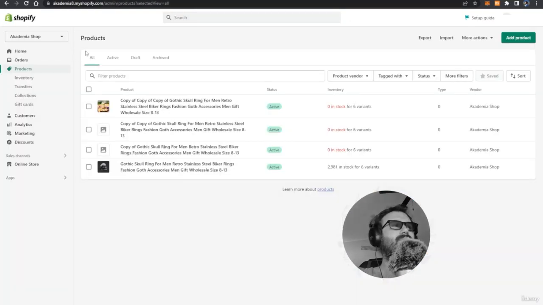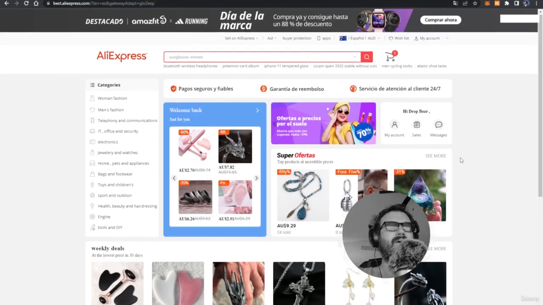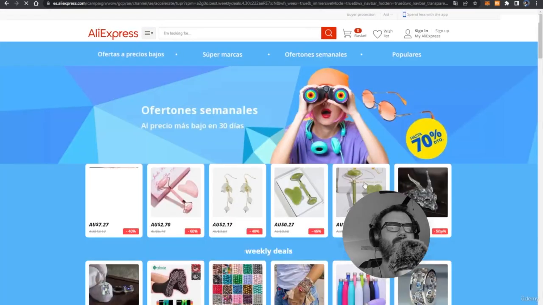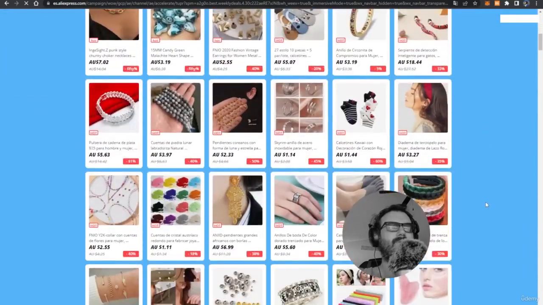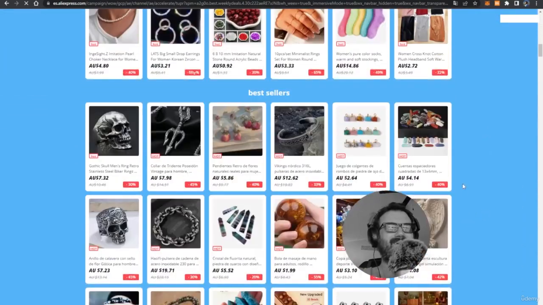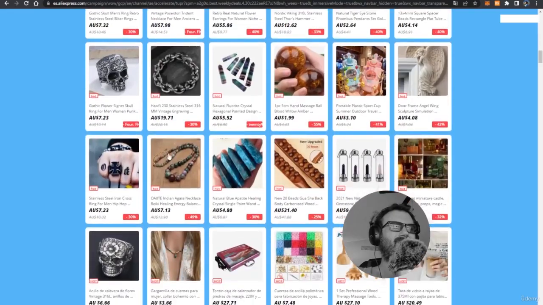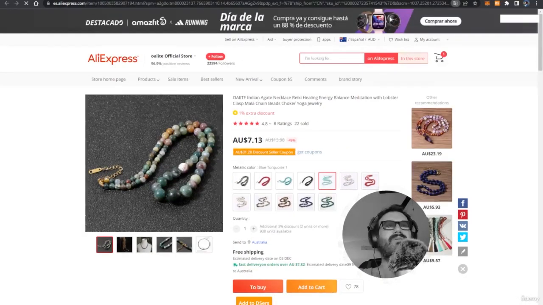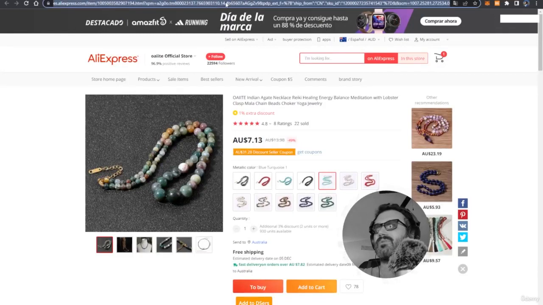I got my shop over here. I got a few things going on. I'm gonna find a product. There we go. The Ring of Sauron. I'm sure that's not copyright trademark protected. Oh yeah, okay, whatever. There we go. Let's grab this one. So again, I did show you this once, but again, to make this more beginner friendly,